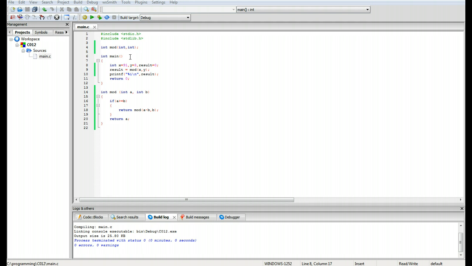project, the simple thing you have to understand is that a recursive function is a function that calls itself until a specific condition is met. In this case the recursive function is mod here, which is actually modulus. It's meant to be the same as the modulus operator. So it takes two variables in